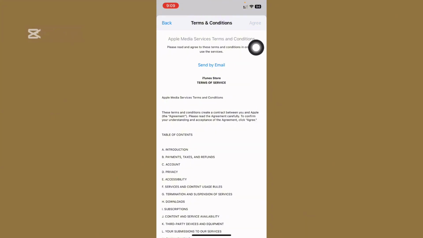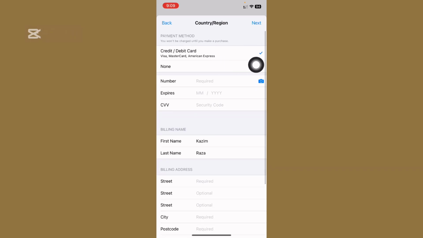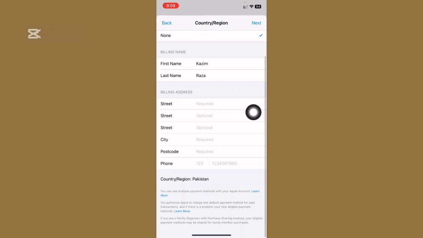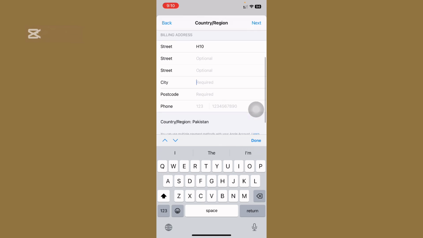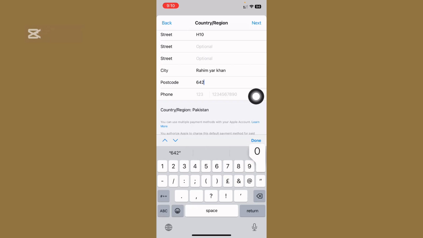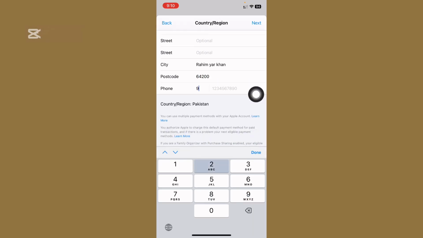And guys, after this you need to wait. Here is the option of agree, click on it. And now you have to select none option, and here you need to enter any name. Here you need to write your billing address. For example, here I have written this one. Here you need to select your city, and now here you can write the postal code of this city, and here you need to enter a phone number. And guys, after this simply you have to click on next,